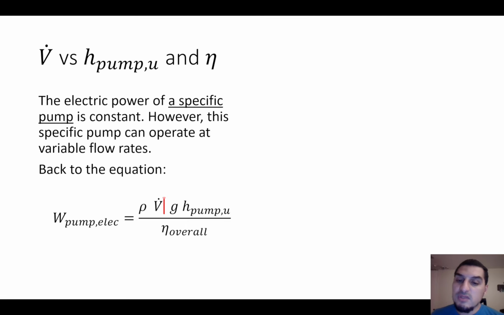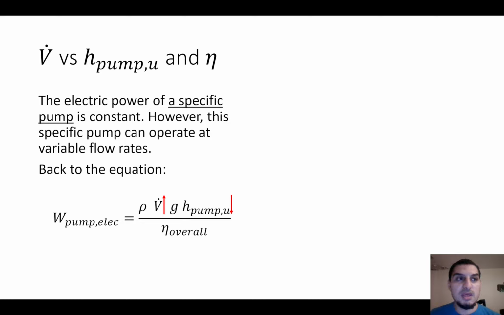So there's something we need to know: if the volumetric flow rate increases, the pump head will decrease. That's why, for a specific pump, if we can operate the pump at variable volumetric flow rates, it means that the pump head will vary based on the volumetric flow rate. And because this is something that's very critical for the choice of pumps,